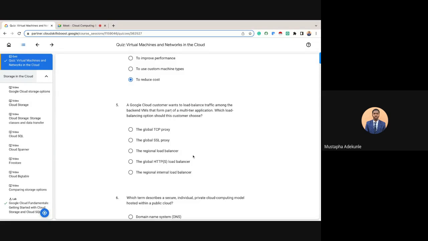More often than not, when it's within a project or just within a Google Cloud service, the answer is the regional internal load balancer. The regional internal load balancer suffices when it's just within a project. When it's between multiple projects, you want to use a global HTTPS load balancer, or you want to load balance between